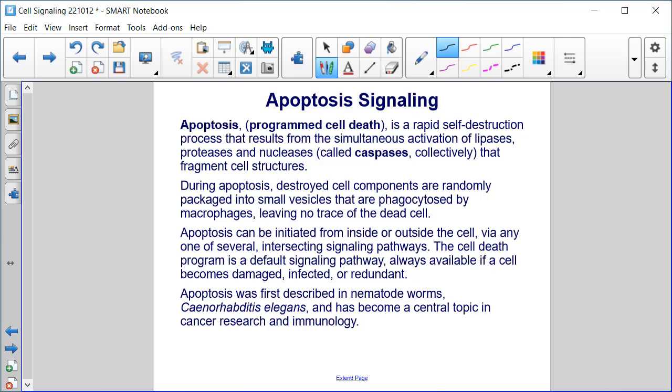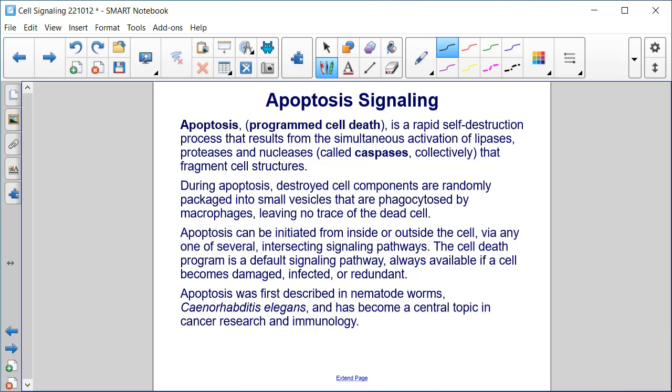Apoptosis signaling. Apoptosis, or programmed cell death, is a rapid self-destruction process that results from the simultaneous activation of lipases, proteases, and nucleases, called caspases collectively, that fragment cell structures. During apoptosis, destroyed cell components are randomly packaged into small vesicles that are phagocytosed by macrophages, leaving no trace of the dead cell. Apoptosis can be initiated from inside or outside the cell via any one of several intersecting signaling